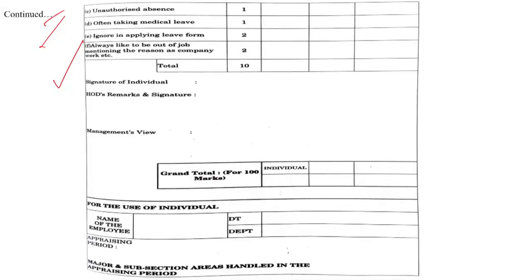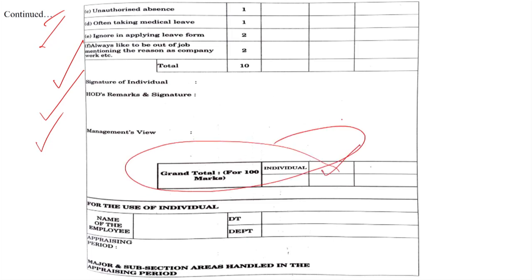Look here, this is the end of the self-appraisal form. There's a signature, then the HOD will give the remarks, and the marks which you have scored will reflect along with the marks given by the HOD and the management. Then it will go to the HR department, and then to the management, and the real ball lies in the hands of the management regarding the decisions of promotion, termination, or transfers, and so forth. This is all I wanted to give you, the introduction about the performance appraisal.